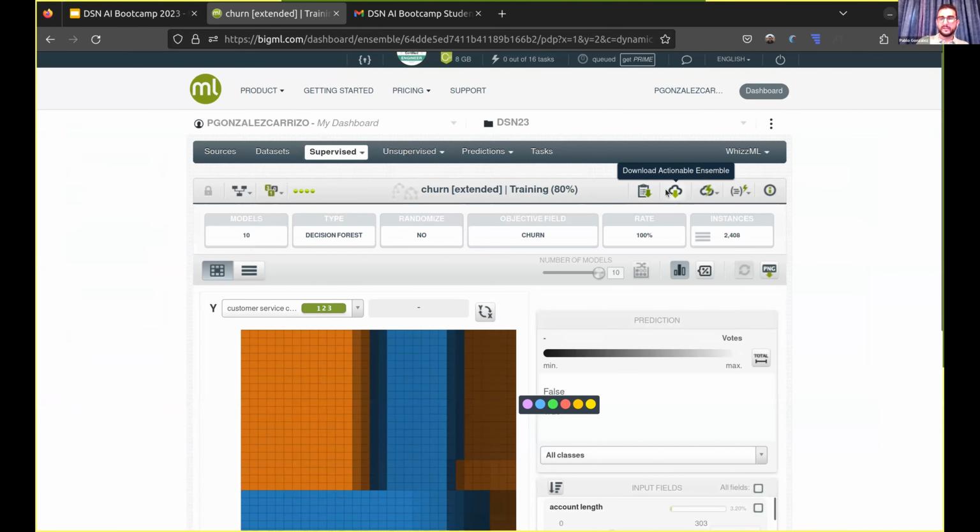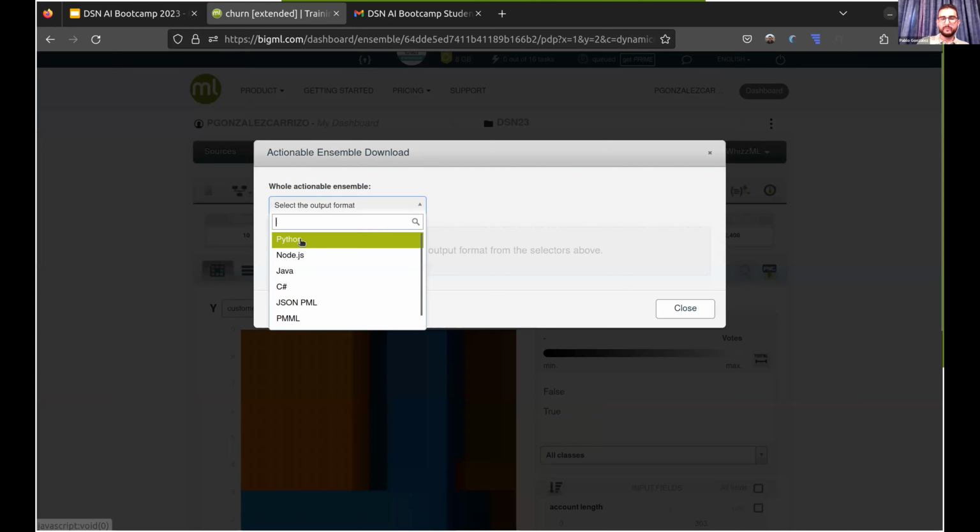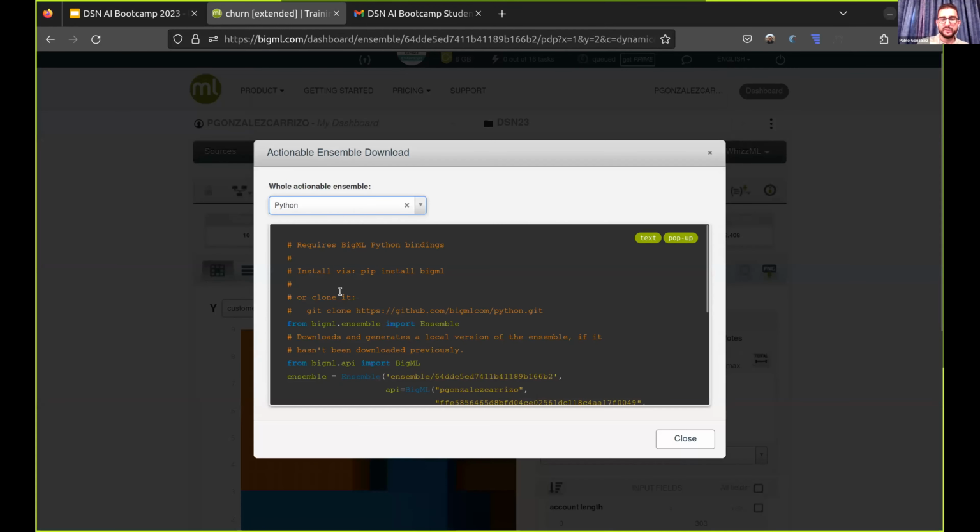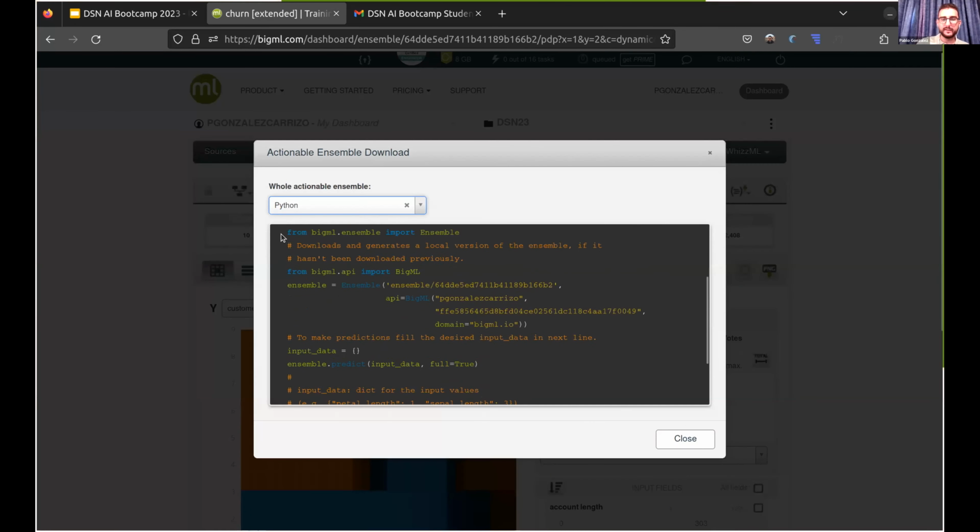If you go here and you say download actionable model, and you select, for instance, Python, the common programming language that many of you use, you will see here all the code. There are a lot of comments, but it's actually 5 or 6 lines of code that you need to do prediction with this model. So you have some authentication data to ensure that you are the person that created the model, and you have an ID for the model, and with just these lines of code, you will be able to integrate this model in your